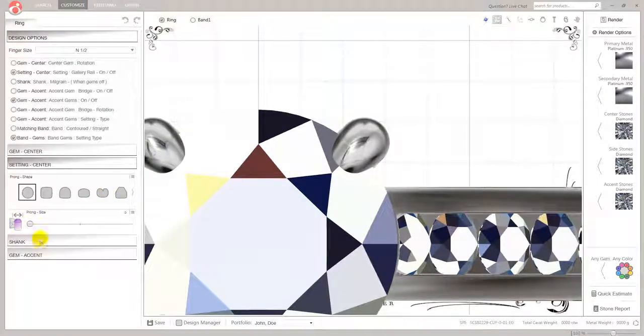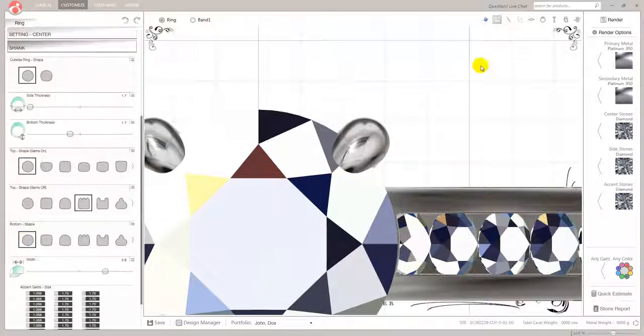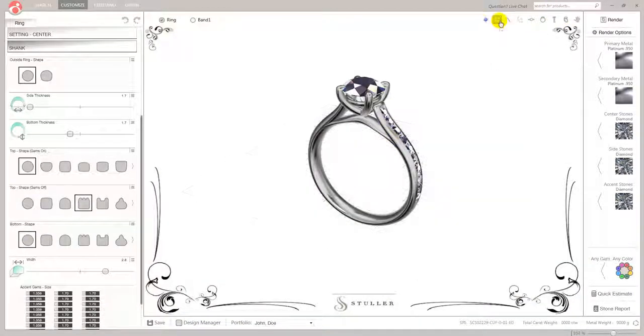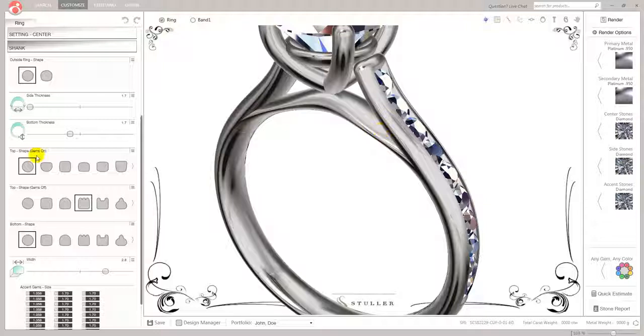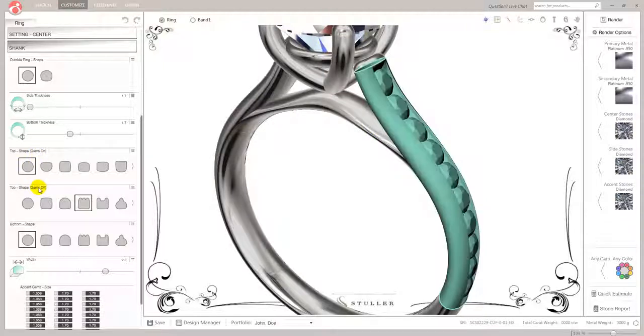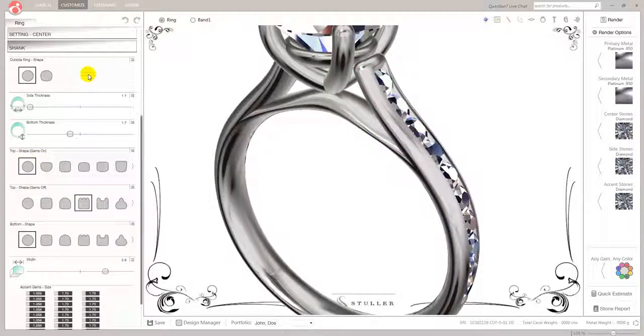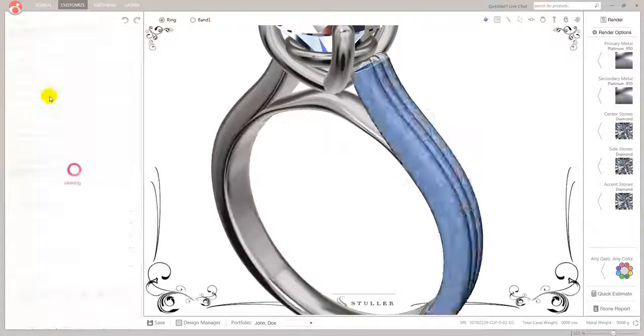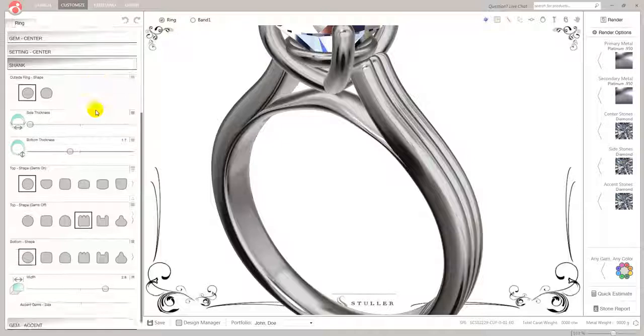I don't like chunky. Let's go to shank. Let's go to 3/4 so we can see what we're doing. Let's turn off the grid. Let's have a closer look at this. Now this is when the gems are off. So if we just scoot up here, and we're going to turn those stones off temporarily, and this is what